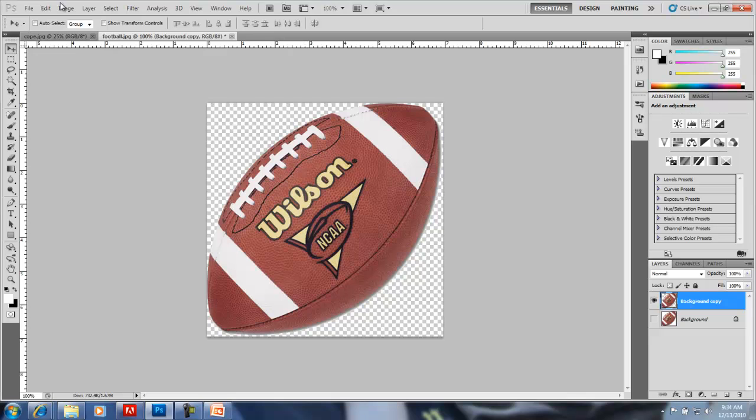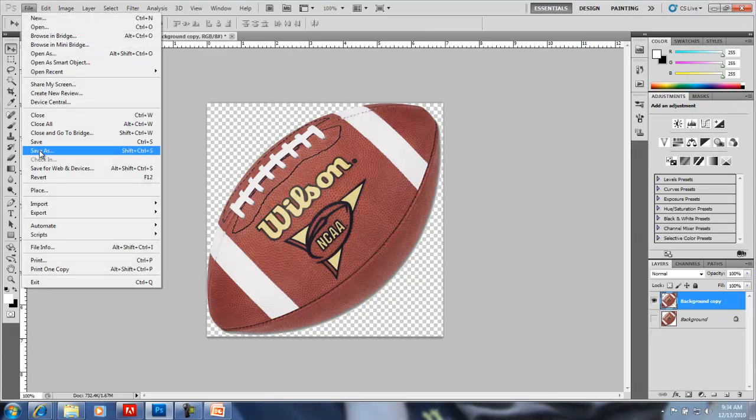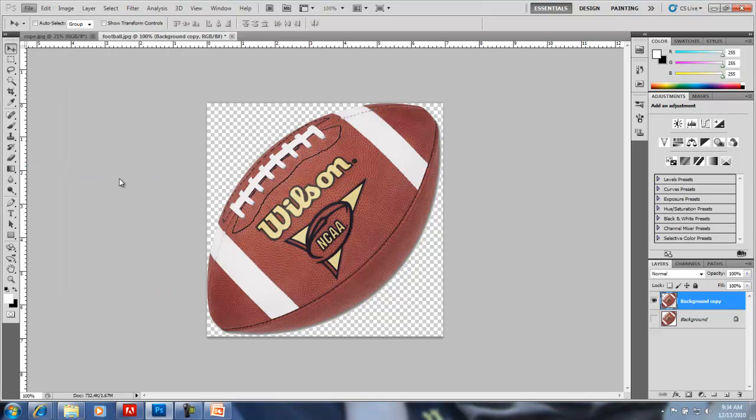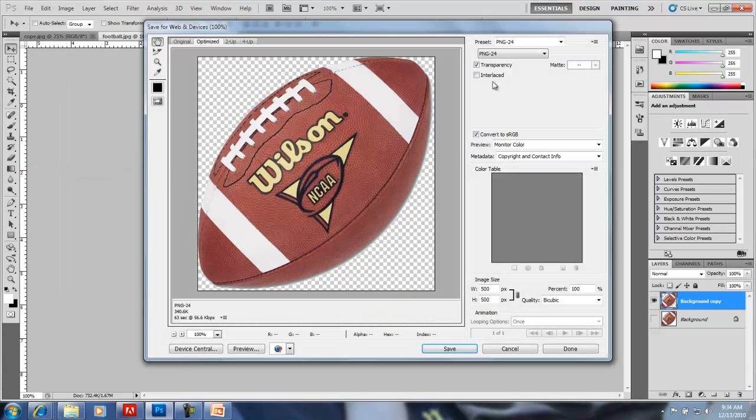Now to keep that transparency, File, Save As, or Save for Web and Devices. A PNG is a web type image that preserves transparency, so the background color of the software program or the website that you're working with shines through instead of the white outline that you get in the JPEG format. So I'm going to save this as a PNG